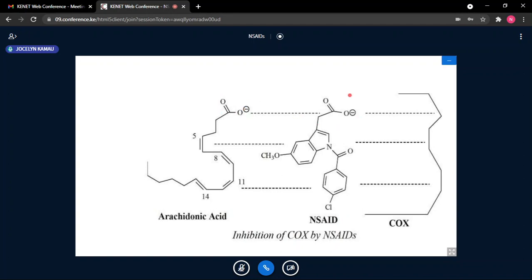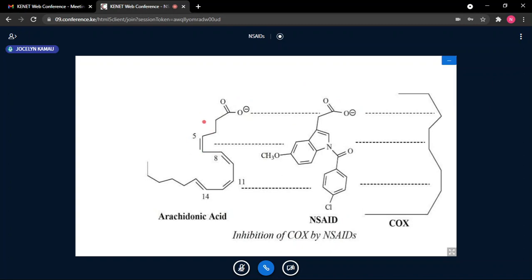And no wonder, and remember I have said that for most of them, especially the non-selective, do have that anionic site in terms of a carboxylic acid, because they need to bind the portion which is bound by this portion. So this portion here must be cationic within the COX enzyme, and which is bound by the anionic site of the carboxyl group. That similarity is needed to help us bind.